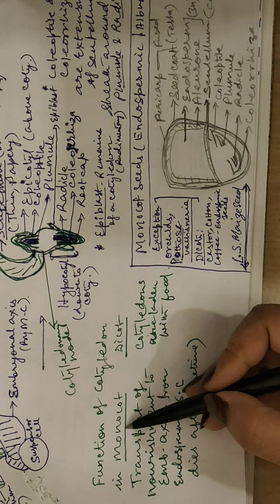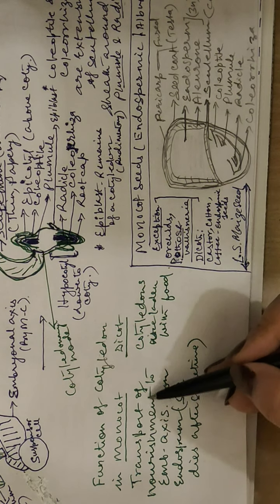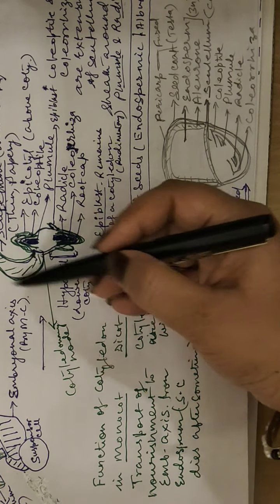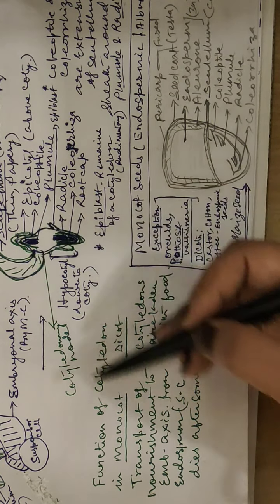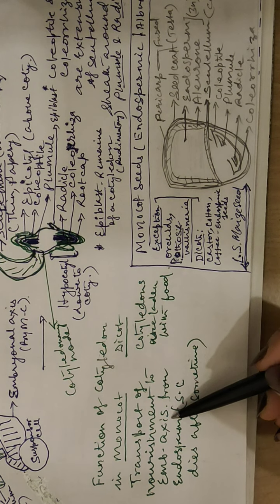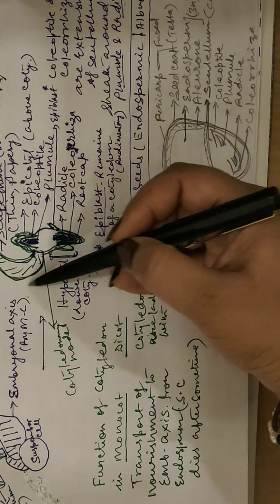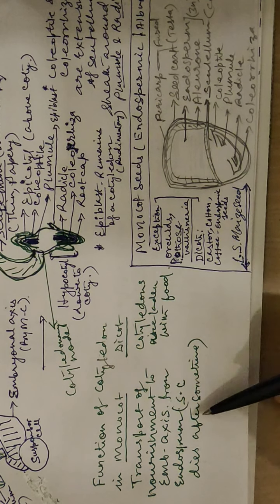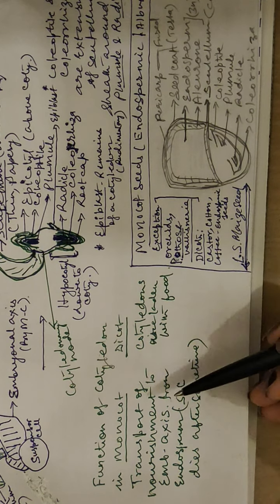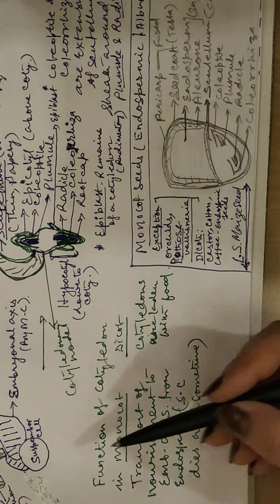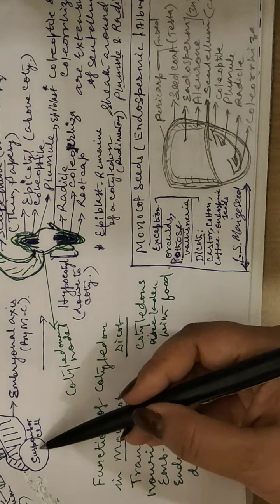But the situation is very different in monocots. You can see the transport of the nourishment would be taken up by the scutellum itself, that is the cotyledon itself. Transport of nourishment to the embryonal axis is achieved by the scutellum. From where? From the endosperm. Though this won't be enough, because the scutellum cannot derive so much nutrition, and the suspensor cell, which was one large suspensor cell, also dies after some time.